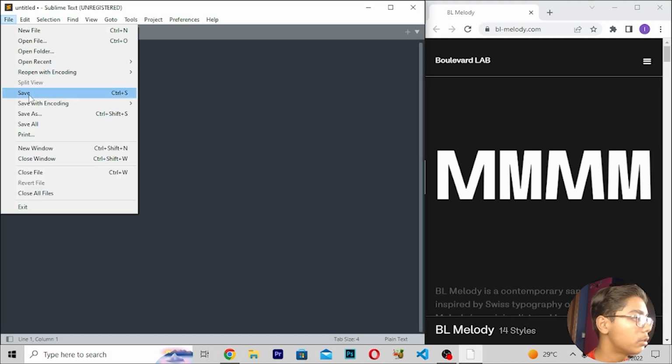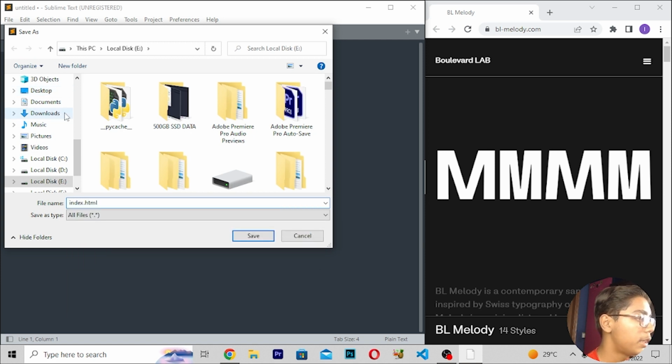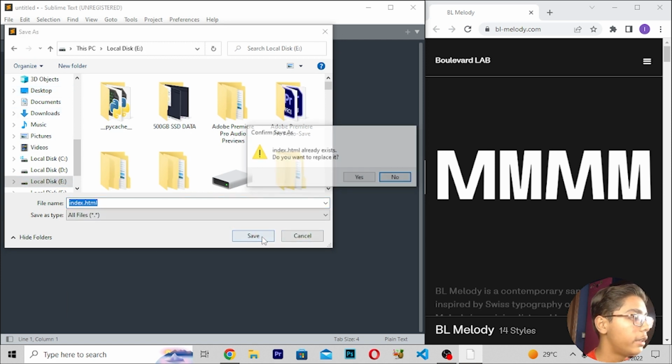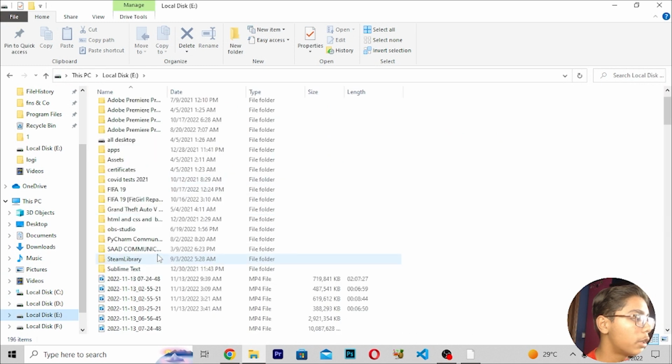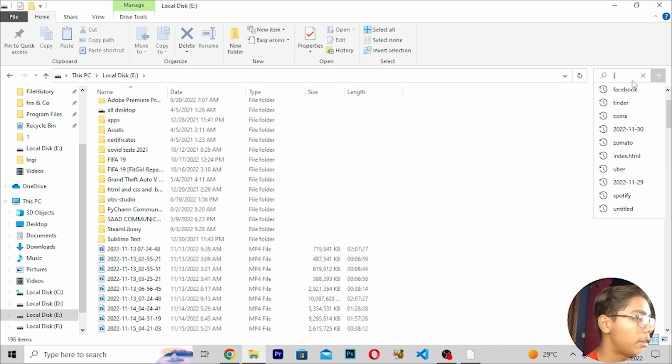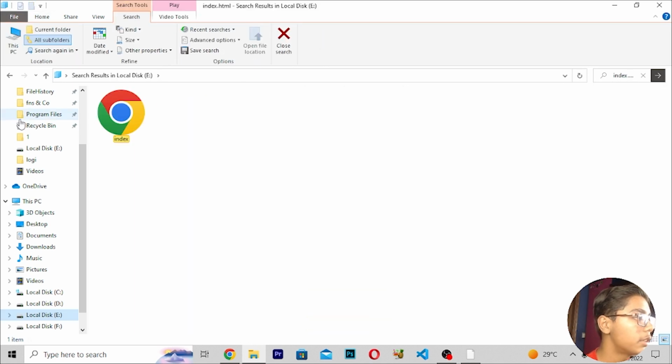Here I will now be saving a file, giving it the name index.html and saving it on local disk E. Now when you've done that, you have to press yes, and when you save this, you have to open this file in your default Google Chrome browser to check that it is working. So here I will now be opening this, and we will be linking this file with the browser so we can see it is working.